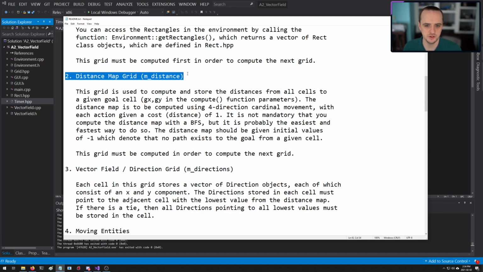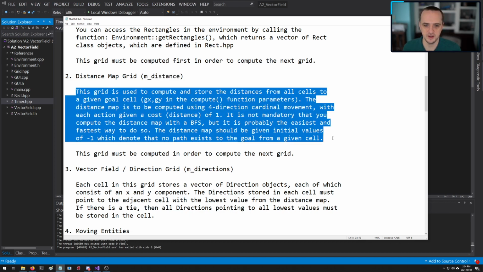Okay, step 2 is computing the distance map grid. And this will be the m_distance grid inside the vector field class. So this grid is used to compute and store the distances from all cells to a given goal cell. The goal cell is gx, gy in the compute function parameters. The distance map is to be computed using 4-directional cardinal movement with each action given a cost or distance of